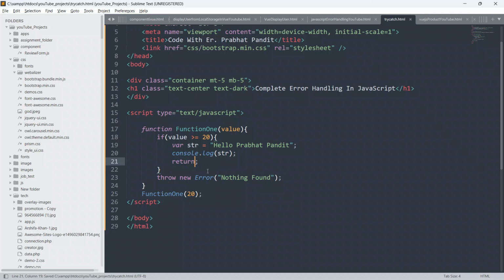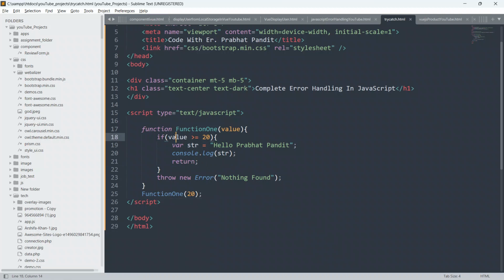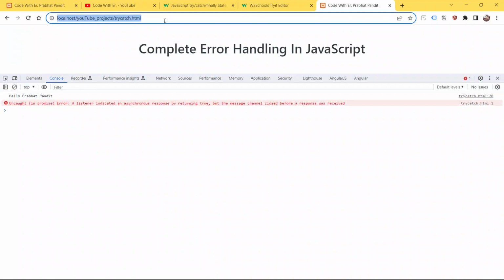As of now the condition evaluates to true, since we have given 20 as the argument to function1. The control will be inside the if block only, and after console.log it will return. The control is not going to come to the throw new Error line, so we are not able to see any error. Go to the developer tool again and refresh the page first.